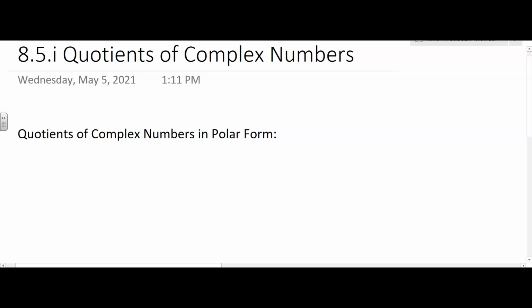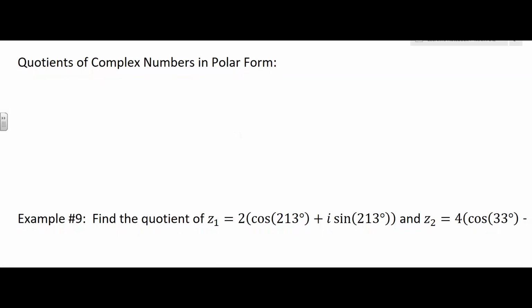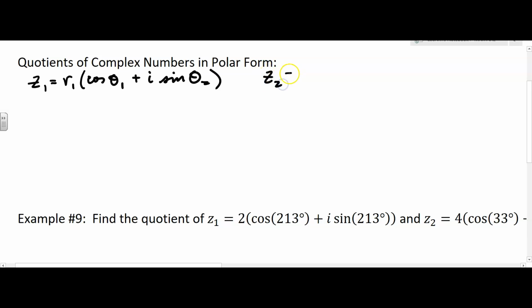So we did the product of two complex numbers in polar form. Now we're going to do the quotient of two complex numbers in polar form. So if we have z sub 1 is equal to r sub 1 cosine theta sub 1 plus i sine theta sub 1, and we have z sub 2, another complex number, represented by r sub 2 times cosine theta sub 2 plus i sine theta sub 2, then z sub 1 divided by z sub 2 is going to